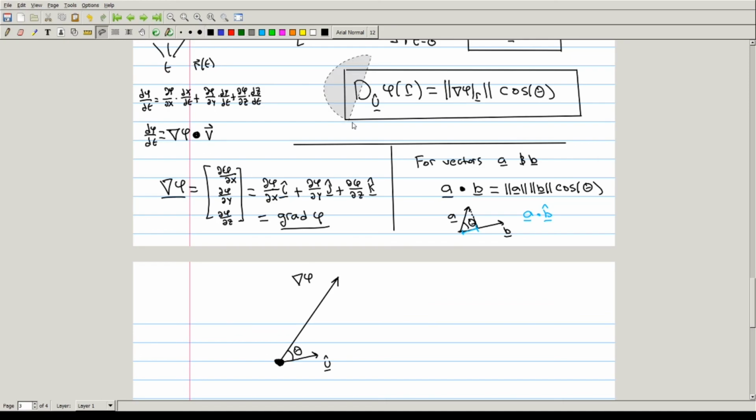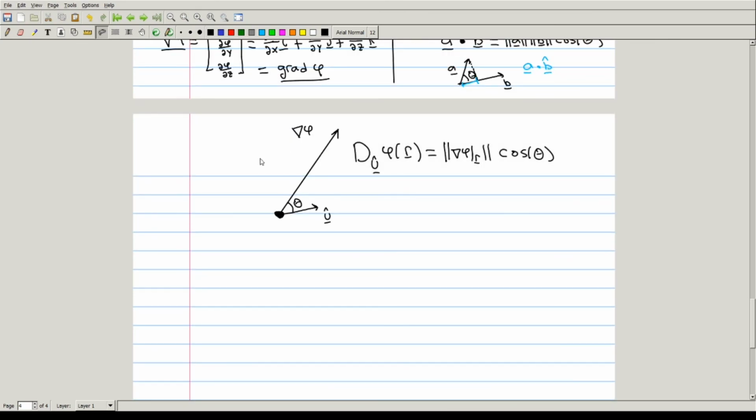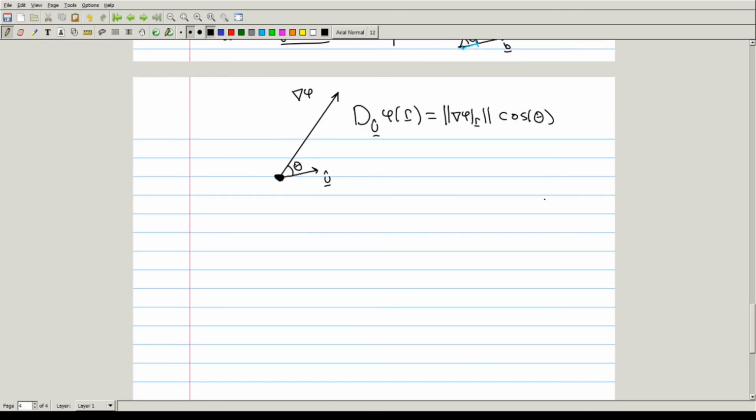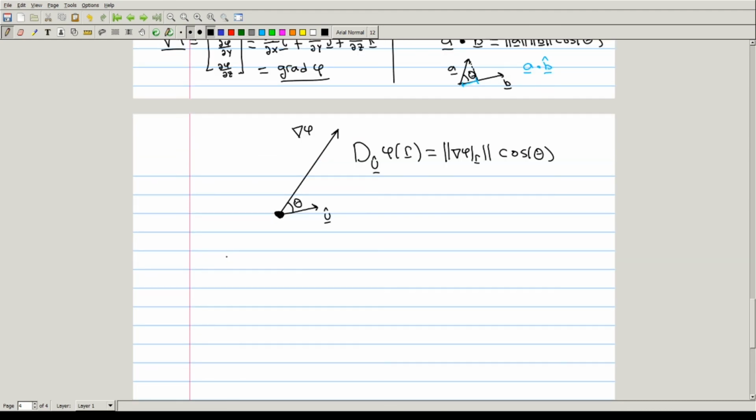Well, using this formula that we've shown, we can see that the directional derivative of the scalar field phi at the point R in the direction of u hat is just going to be the magnitude of the gradient vector times cosine of theta. What does this tell us about theta and about the relationship between the u direction and the gradient vector? Well, conceptually speaking, it tells us that this is going to be maximum, the directional derivative is maximum, when this is all with respect to a certain point r. So at a point r,